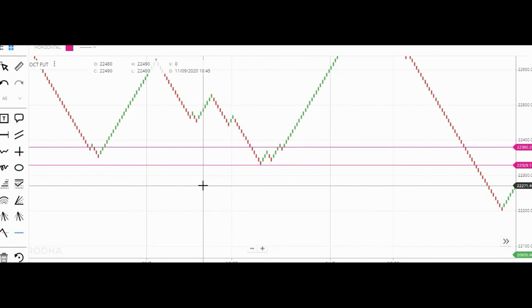That is, if the stop loss is too high, avoid that trade. For any trade, we must and should follow risk management and money management. If the stop loss is too high, don't take the position there. Wait for another scenario to come, or leave for the day. We may get the right opportunity tomorrow or the next day.